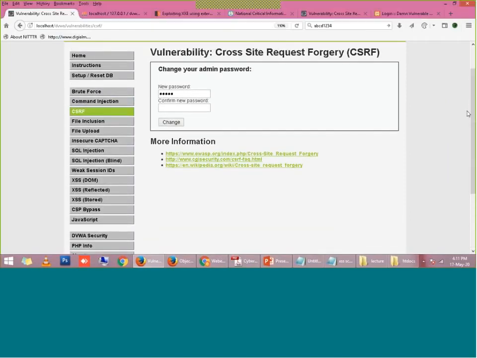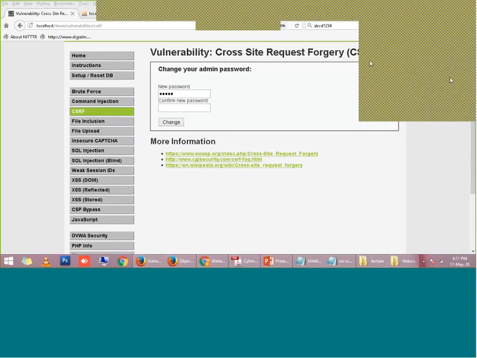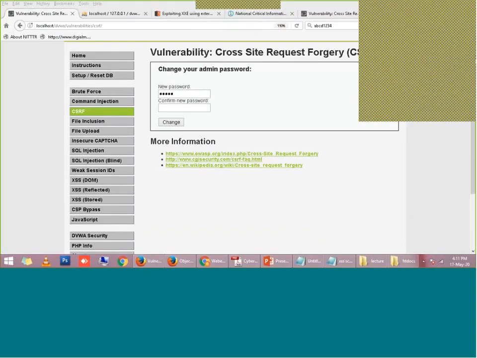So this is called cross-site request forgery, right? In cross-site, because the attacker is sitting remotely and he is altering your request, he forges your request and changes your password, right?